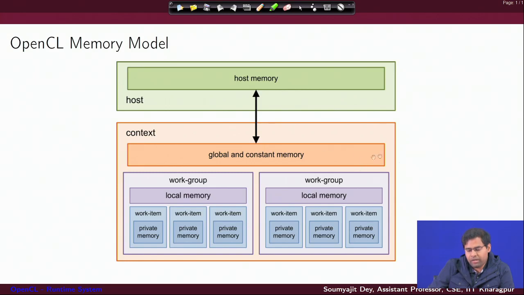So, I can have multiple devices in the context. I can have a set of work groups executing together in one device, another set of work groups executing in another device, like that. So, to be more specific, what we have here is the host can orchestrate execution across multiple devices, and those sets of multiple devices can again be grouped into this abstraction of contexts.